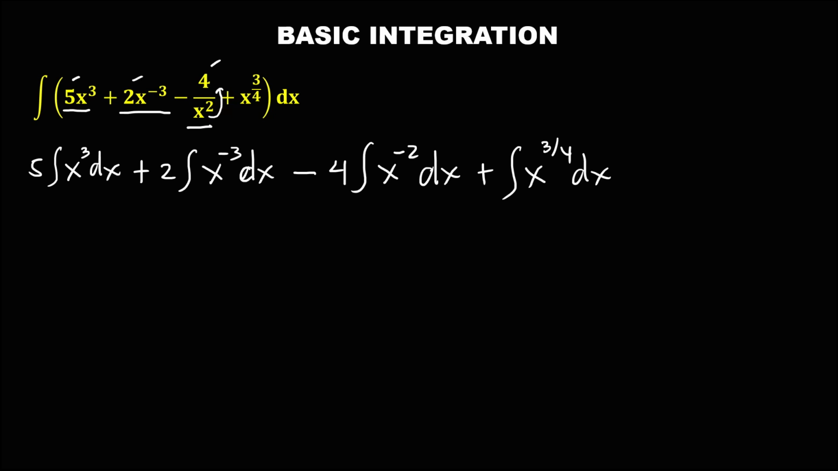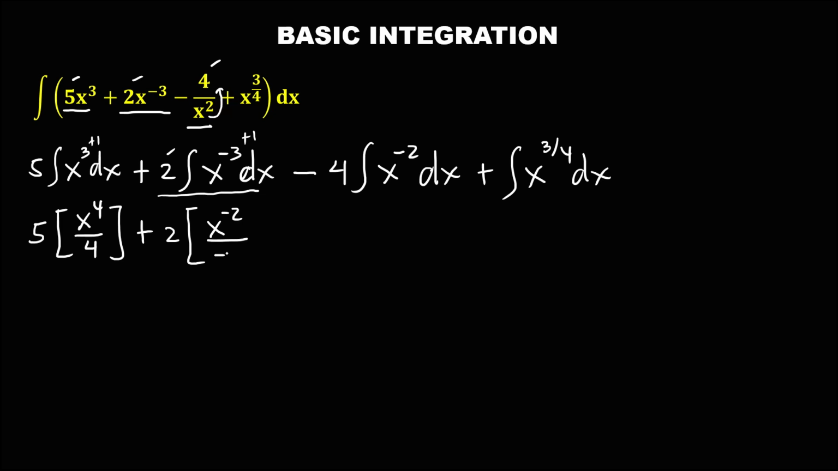Then to evaluate now the integral, using the formula, plus 1 for the exponent, so we have 5, then times plus 1 for the exponent, so this becomes x to the power 4 over 4, then plus, for this term, bring down the constant, then times plus 1 for the exponent, so negative 3 plus 1, this is x to the power negative 2, then over negative 2, then minus, so for this term, bring down the constant, then times plus 1 for the exponent, so this is x to the power negative 1 over negative 1, then plus,